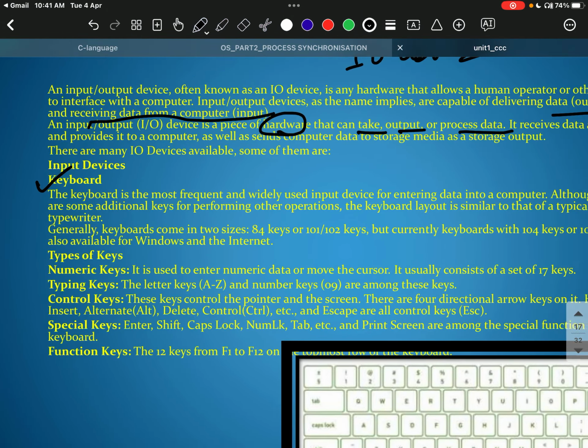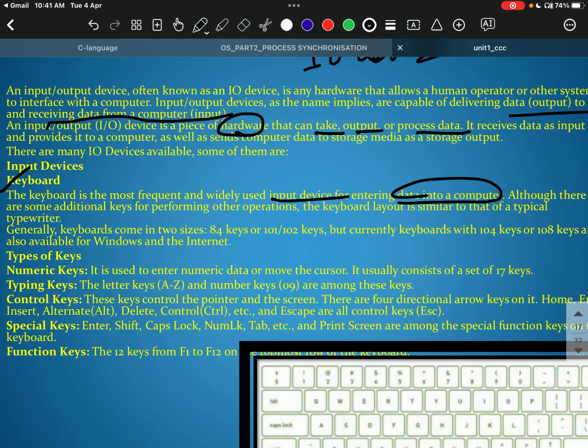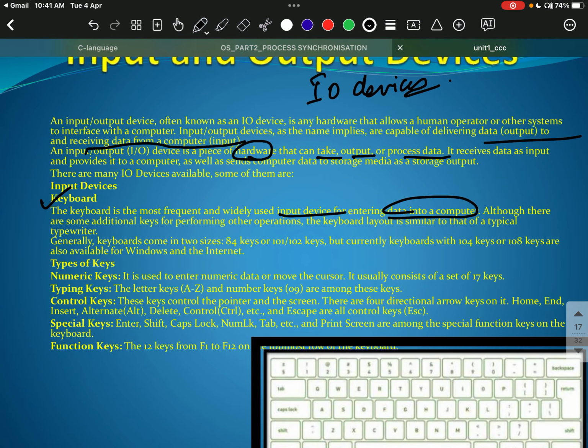Keyboard is the most frequent and widely used input device for entering the data into the computer. अब keyboard आपका input device है. क्यों? क्योंकि keyboard से आप data को enter कर रहे हैं into the system. Although there are some additional keys for performing the operations, कीबोर्ड का लेआउट कुछ इस तरीके से आपको दिखता है